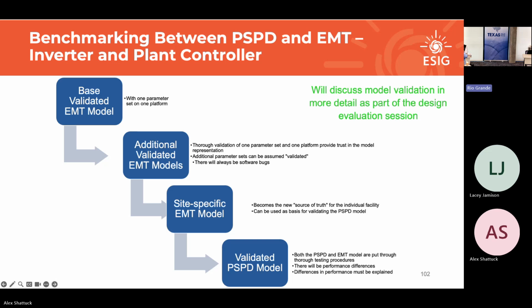We move it on to additional validated EMT models. So this would be an EMT model that has different parameter sets, or a slightly different set of default parameters. But keep in mind, there's always going to be bugs, always going to be hotfixes. And this is another place where it's very important to validate the EMT models and have